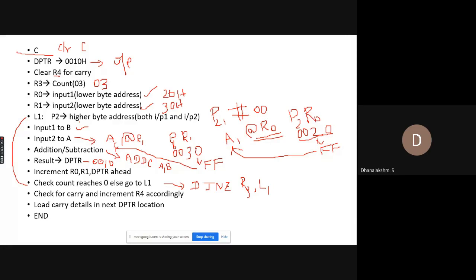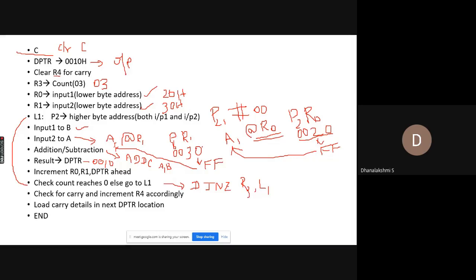Okay, already you have incremented your R0 and R1. So it becomes 21 and 31. Okay, so since it is 21, it is 0021. Here, the data at 0020 was taken earlier. Next, the 8-bit data at 0021 we are fetching and taking it to A. So from A we move it to B and we are freeing our accumulator in order to pick up the input 2. Okay, so again input 2, R1 is also incremented, so no problem.